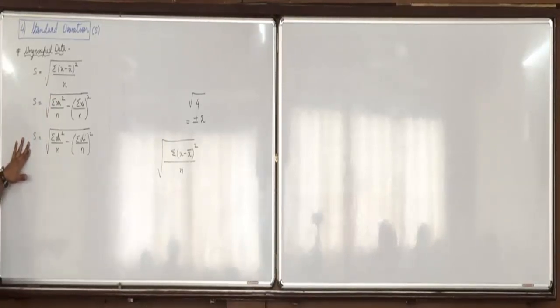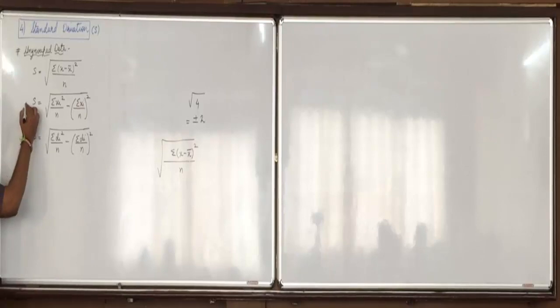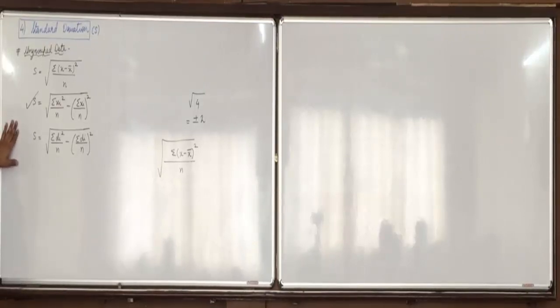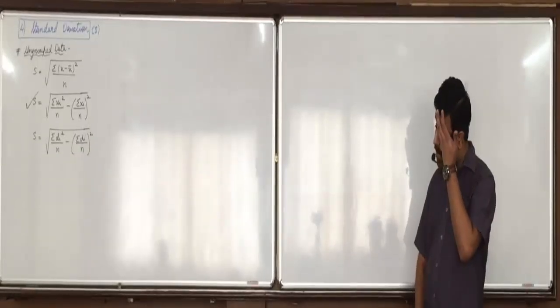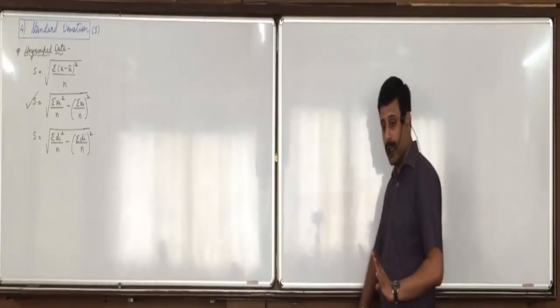So both are direct method, this is short method. But like in arithmetic mean and group data, we always solve by direct method. Here also we will always use second formula. You remember all the 3, but we will use second formula. Did you understand this? Write this for ungroup, discrete and continuous you can write along with. So we will always be solving the question by second formula only. Okay?